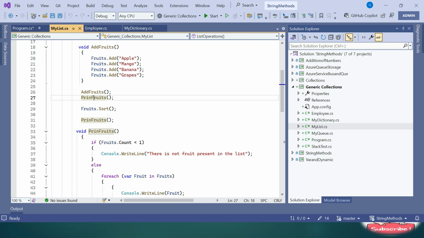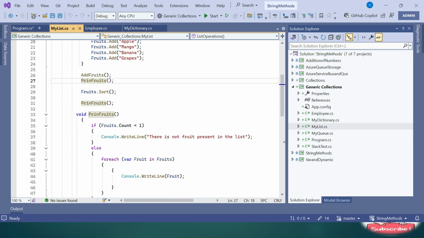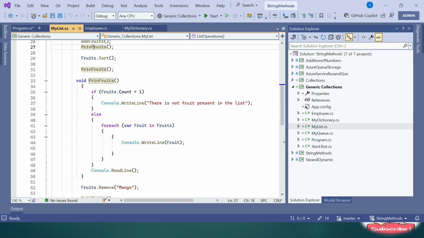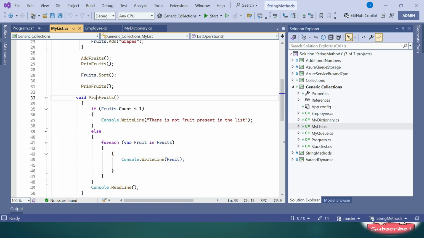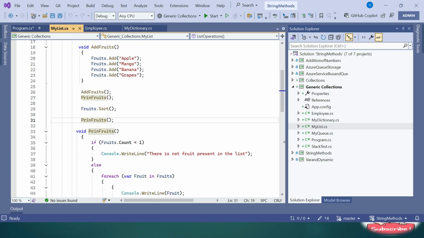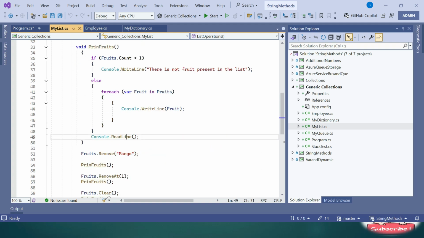It will check whether the fruits list contains elements or not by checking its count. If count is less than 1, then it means that it is having 0 items, so it will print there is no fruit present in the list. Else it will print the fruits present in the list. Here a foreach loop, for each fruit in fruits, prints the fruit. This is the PrintFruit method I am calling, and after printing this, it will read one line, means when we click enter or any key on the keyboard,